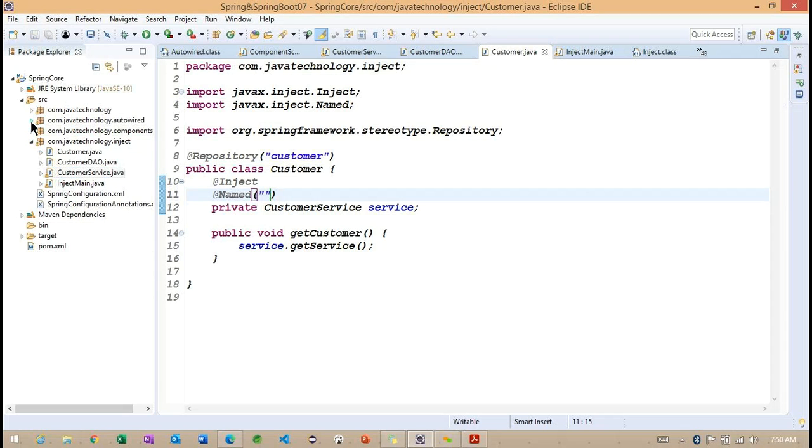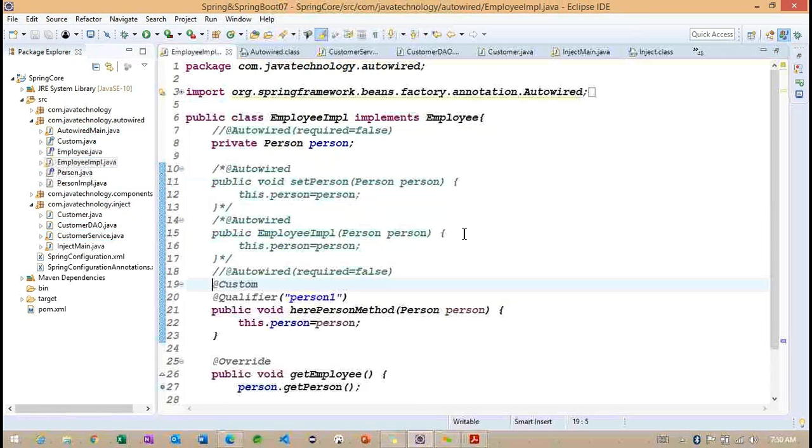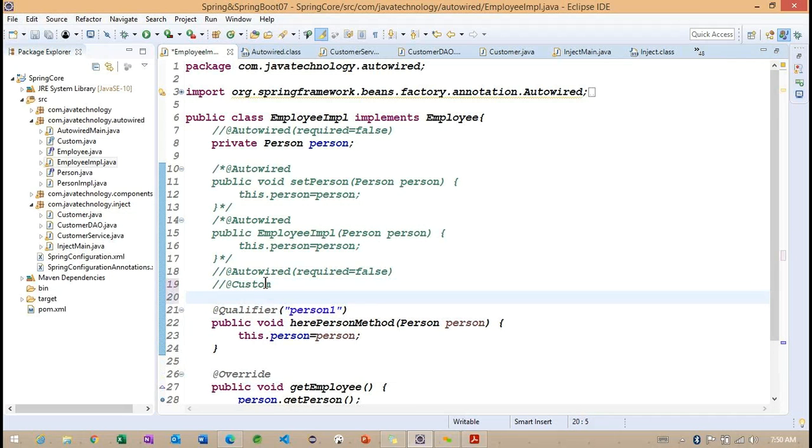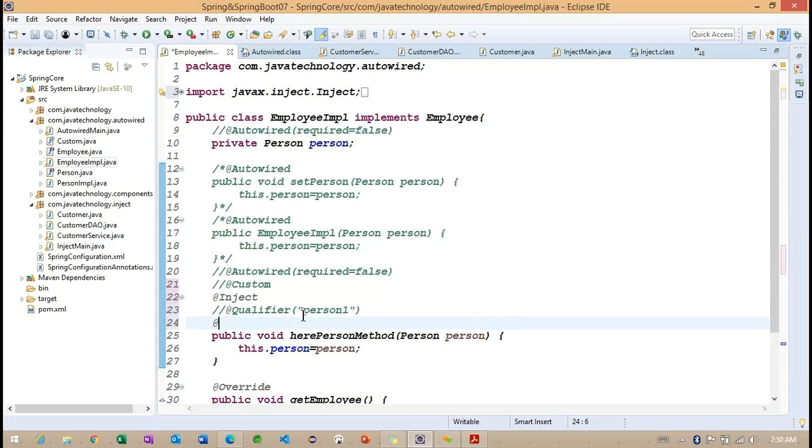So just for understanding, I want to change it here. So maybe in the employer, yeah. Here we can work on this simple example. So instead of using this custom one, what can I do? I want to use Inject, and instead of Qualifier, what can we do?